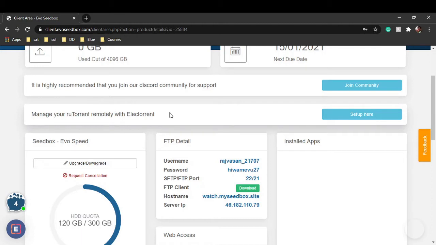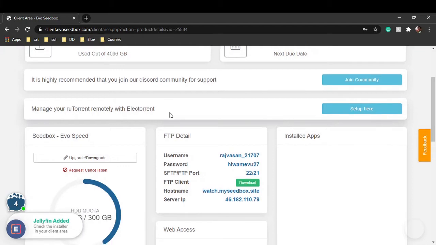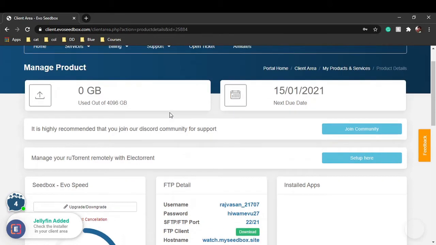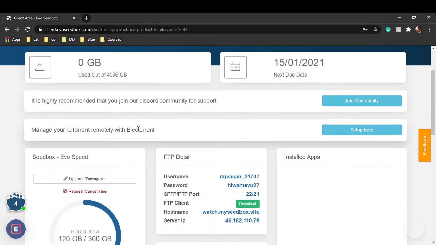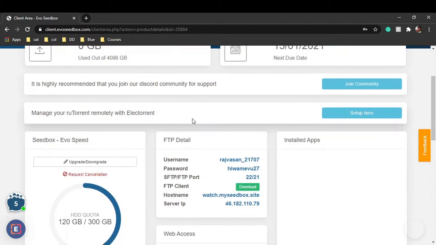I'm going to teach you in one of the tutorials how to set up Electorrent. Electorrent is basically an rTorrent client for your device. You won't have to come to your client area just to add files to your rTorrent. You can do it remotely from Electorrent that will be downloaded on your device.